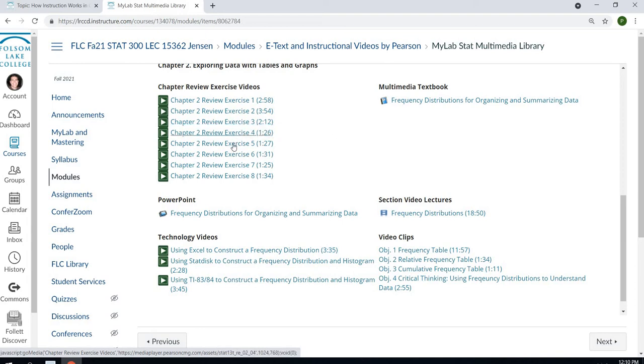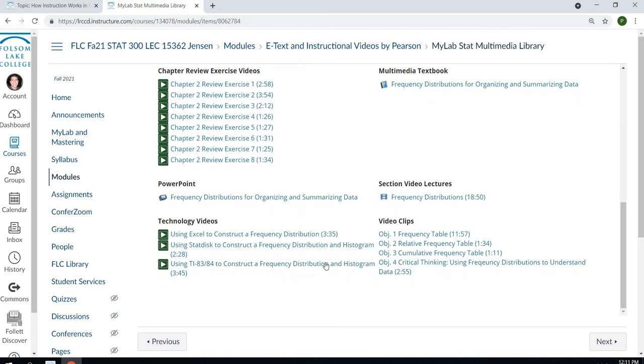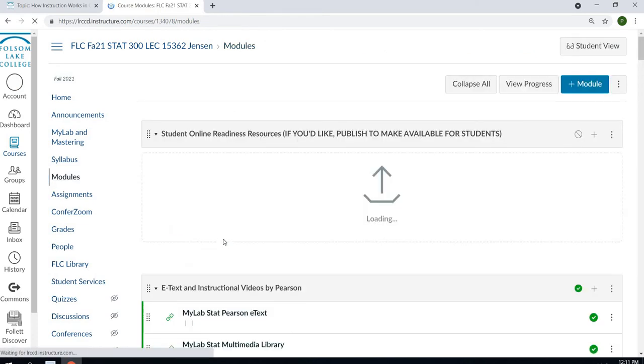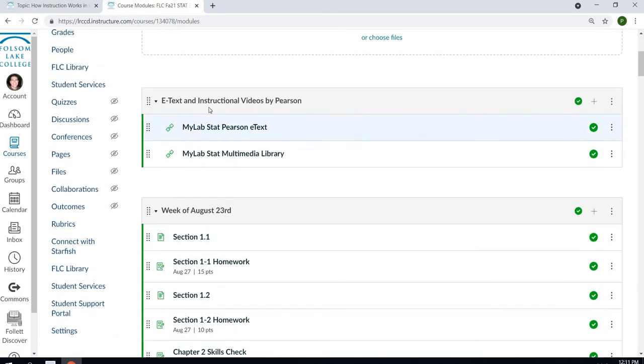chapter exercises, chapter 2 review exercises that you could see, technology videos on how to use the technology that's possibly available to you. Again, all you really need is a calculator. But I just wanted you to be aware that there's all these video clips that are available to you. And again, the best way to access those is coming right here, and it's always at the top here,